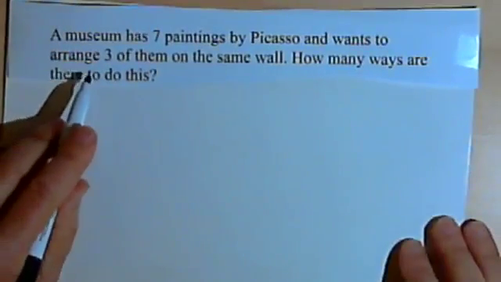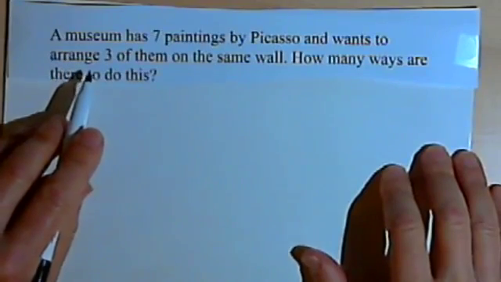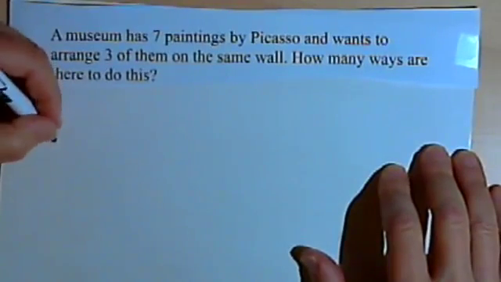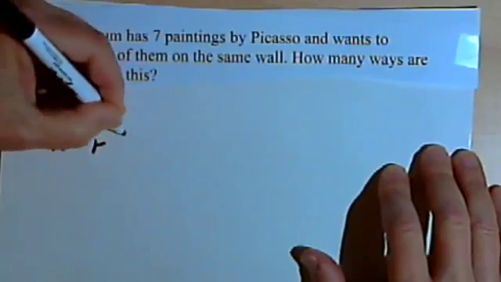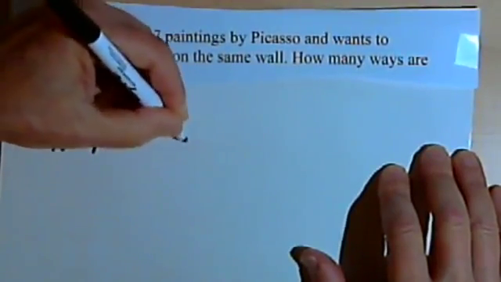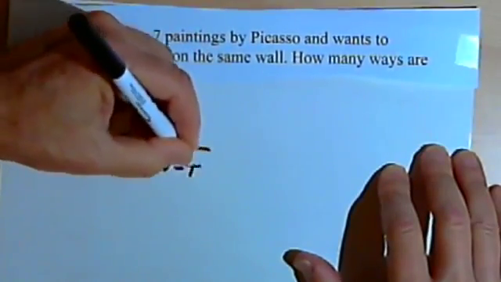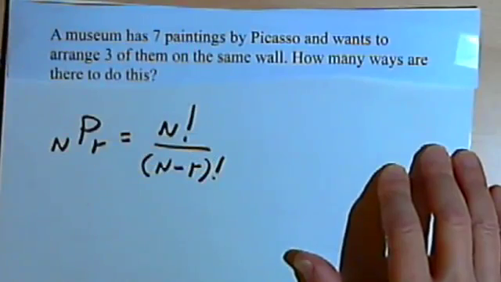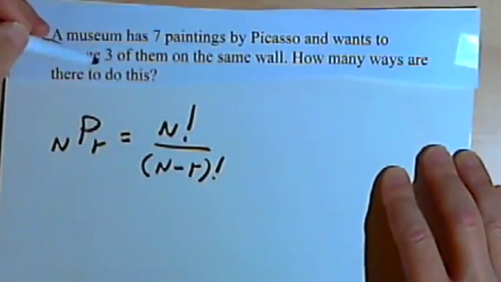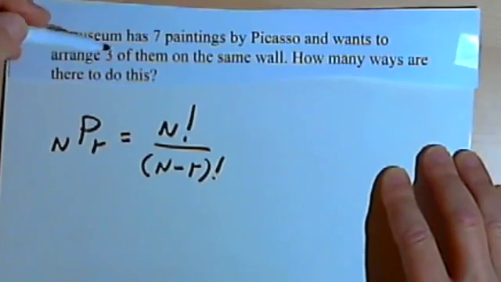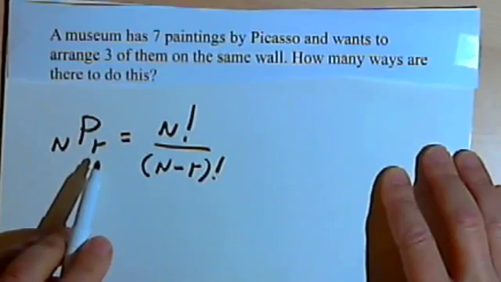Well, we've got this word arrange, so that's pretty much a hint that we're dealing with arrangements or permutations. So we're going to use the nPr formula. nPr equals n factorial over n minus r, that whole thing factorial. We're using that because we have 7 paintings, but we only want some of them. So that means we've got to use this formula, which allows us to take just some of the paintings and